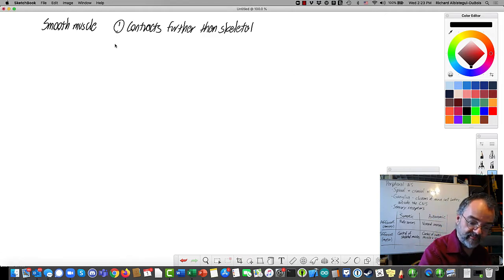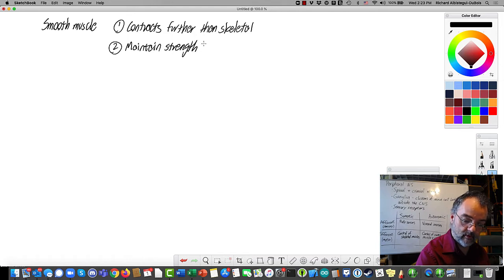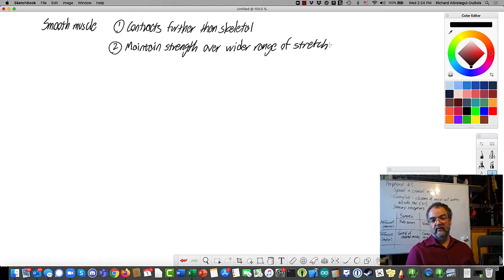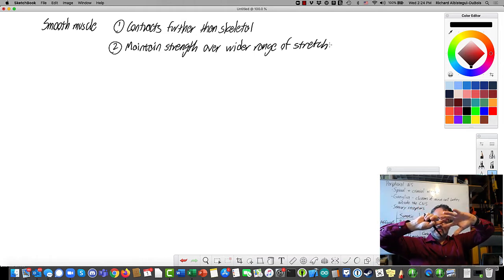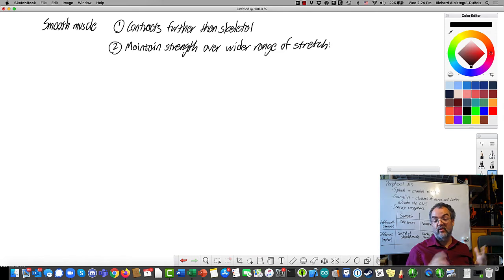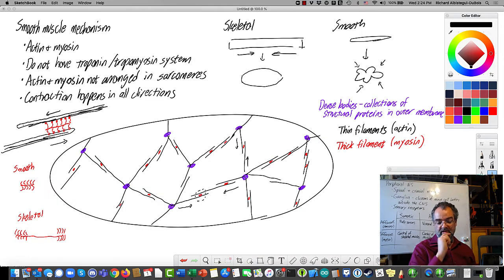The second thing is that they maintain strength over a wider range of stretch. Remember that in skeletal muscle, if we stretched the sarcomeres out, the thick filaments started losing contact with the thin filaments, which meant there weren't as many myosin heads to grab onto thin filaments, which meant they weren't as strong when they twitched. Again, if you look back at our smooth muscle,